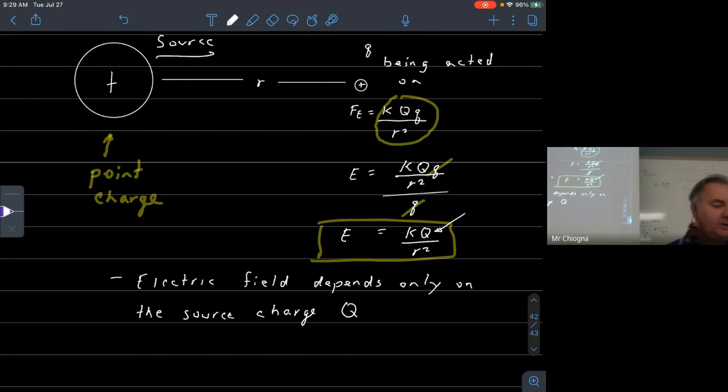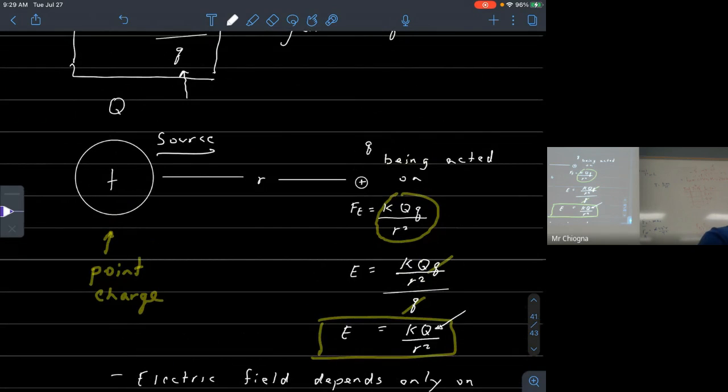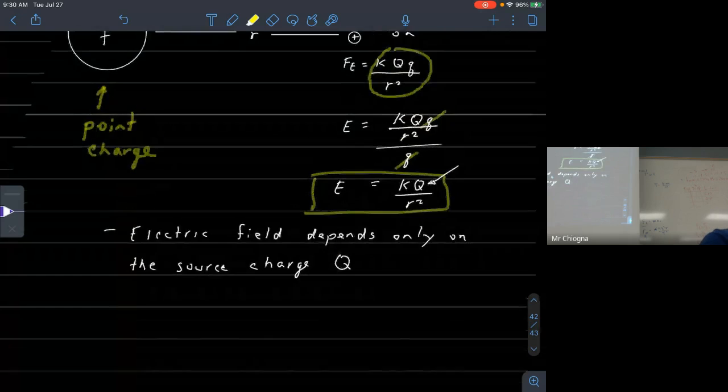What about the direction? Go back to this diagram. You still need Q, you still need small q, but you don't need it to calculate the magnitude of the electric field. You need this small q just to determine the direction. If it's a positive test charge, which way would it move in this case? It would move this way, to the right. So the electric field in this case,